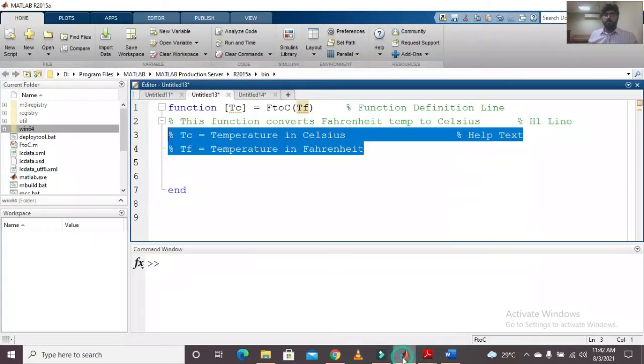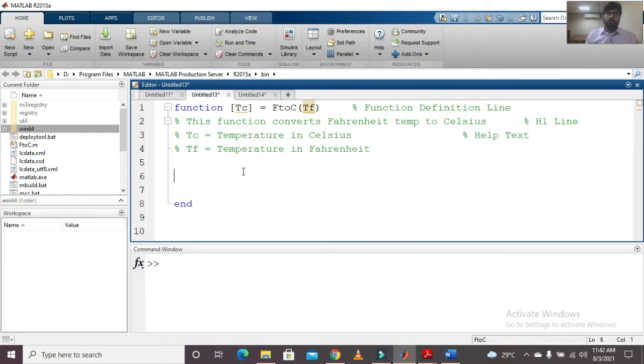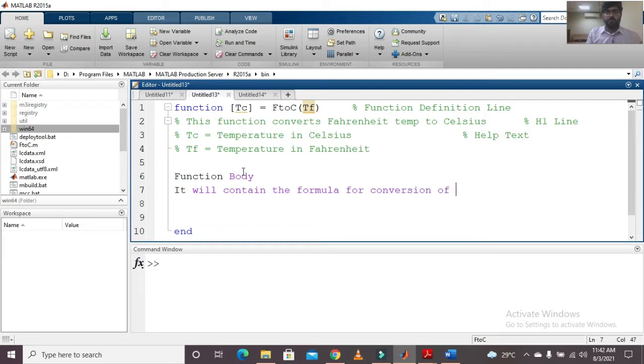If I talk about the function body here, it will contain the formula for conversion of Fahrenheit to Celsius temperature.